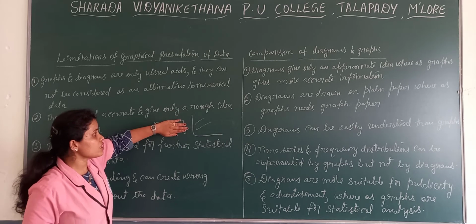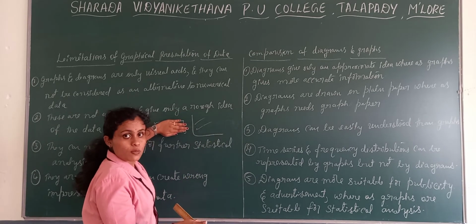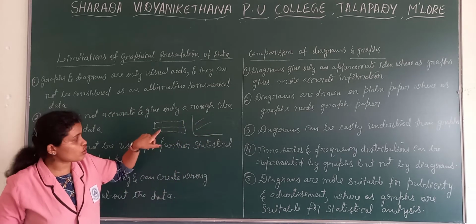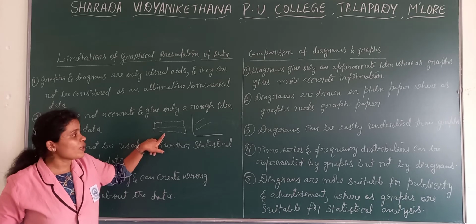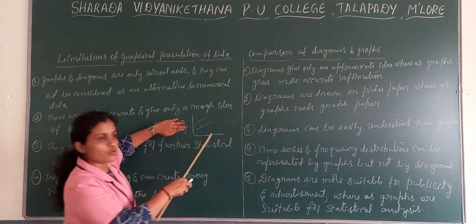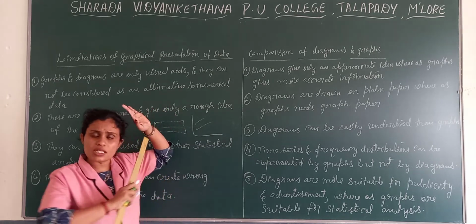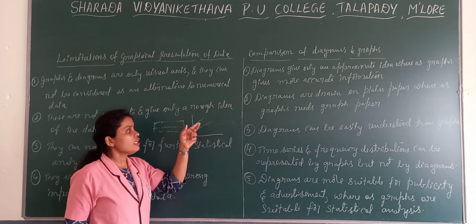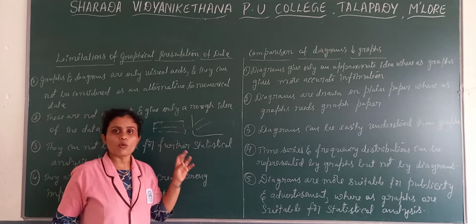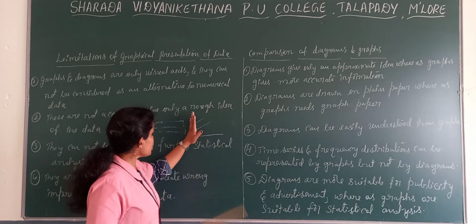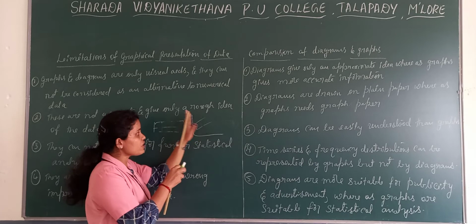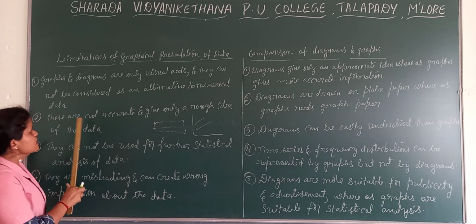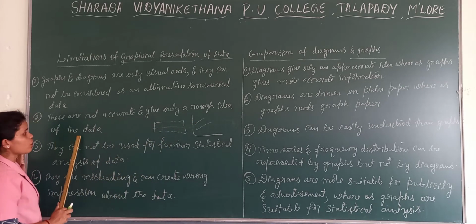Alternative means, without having this, can we have only this? No, it is not possible. We must represent this information in this form. So it's just a visual presentation of tabular information, but we cannot consider it an alternative to tabular information. Tabular information has to be there. Only tabular information is okay. It's not compulsory that we draw. If we draw it, it's more attractive and more convincing. But the table should be there. That is one limitation.